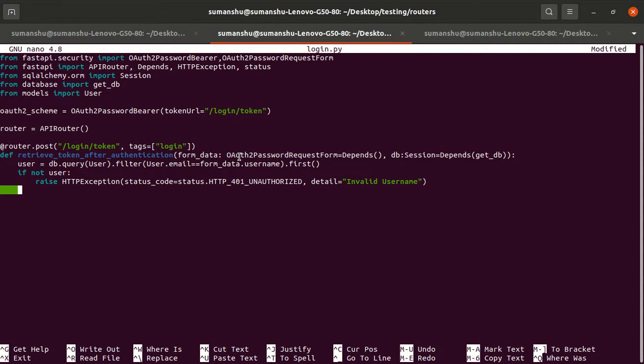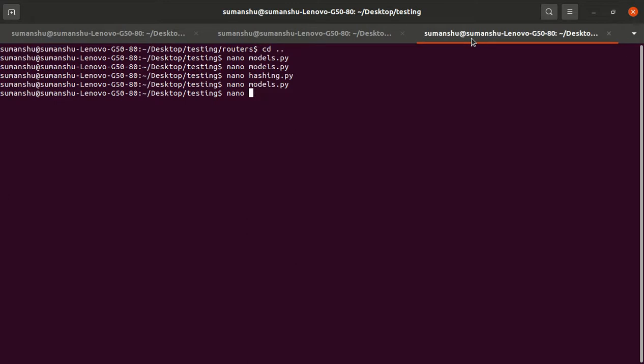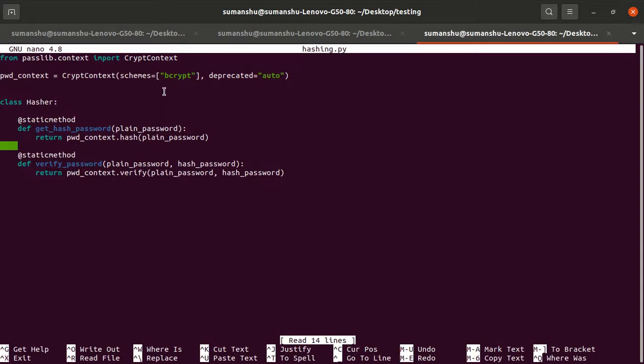So what we have to do, let me show you hashing. We have to import this class Hasher. Once we get the Hasher class, then we can easily call this verify method, right?